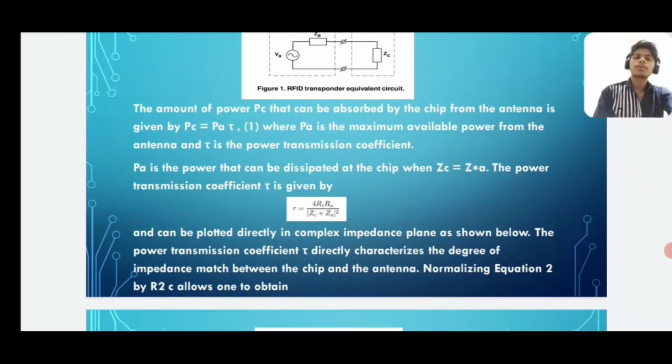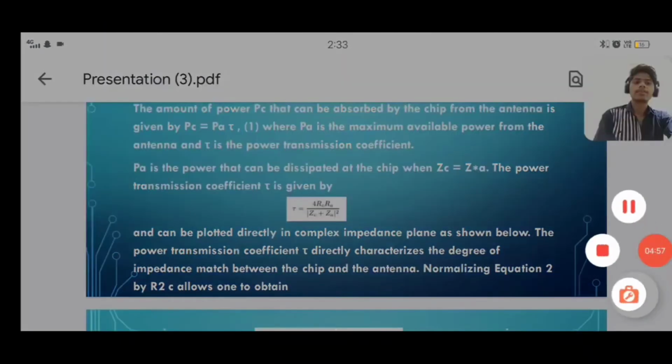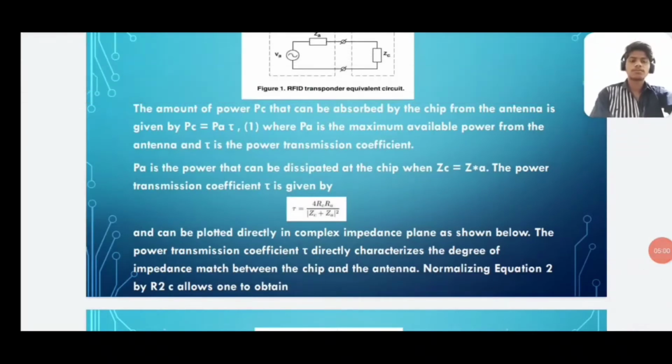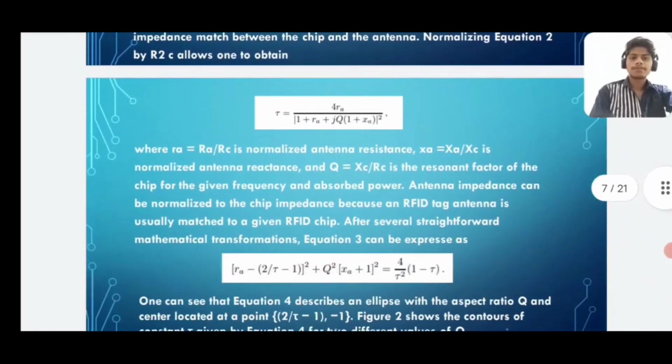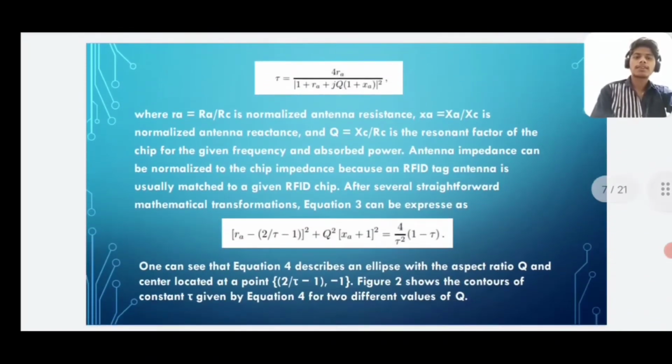The power transmission coefficient T directly characterizes the degree of impedance match between the chip and antenna. Normalization of equation 2 by RC allows one to obtain this formula, where ra equals RA by RC is the normalized antenna resistance, xa equals XA by RC is the normalized antenna reactance, and q equals XC by RC is the response factor of the chip for the given frequency and